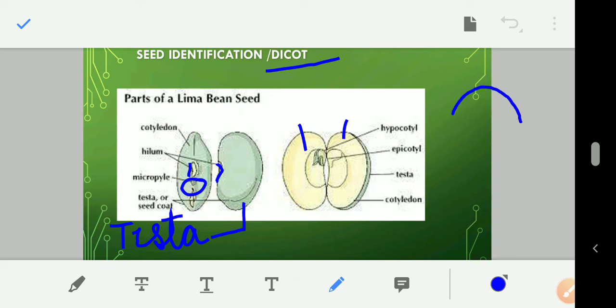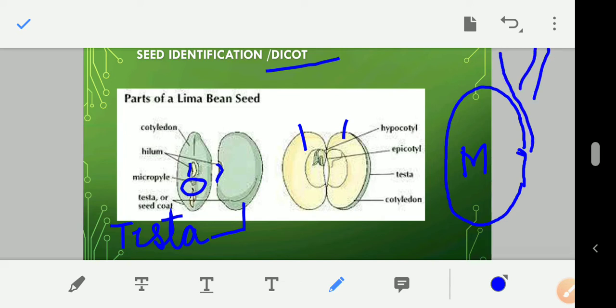Let's understand, this is a seed and this is the middle region where the cotyledon is attached. So this is a mesocotyle region. Now this is the region from where the plumule develops. So this is the plumule region, and the lower part develops into root, and this region is known as root region. The portion between the plumule and mesocotyle is known as epicotyle.